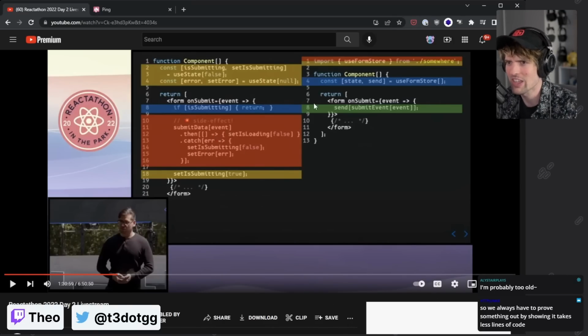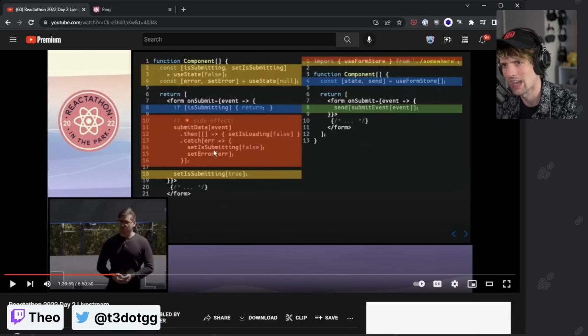But yeah, what I don't like about this example is this logic of the submit data, then catching all the error handling in this. This still exists. He's hidden it under the useFormStore. If we were to use mutation for this, do I have to